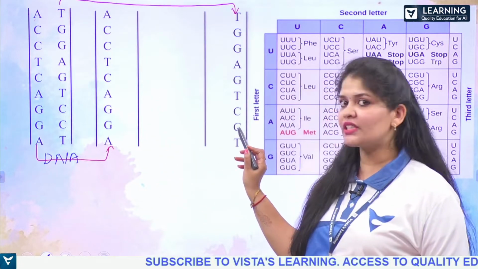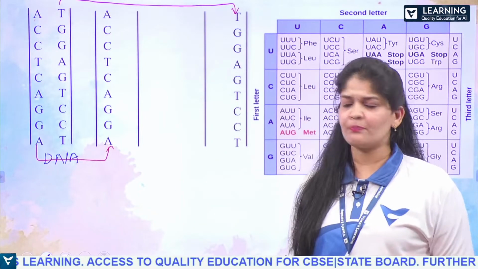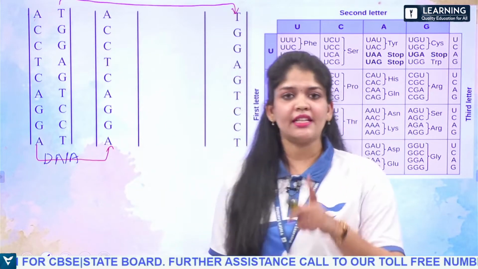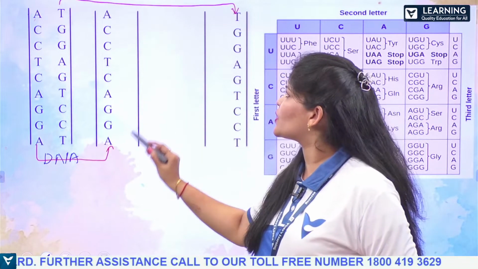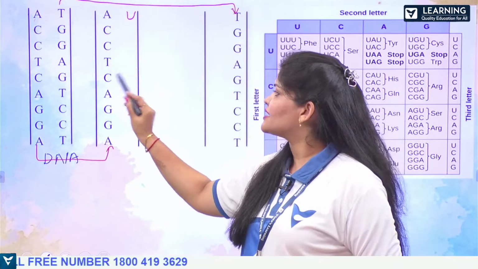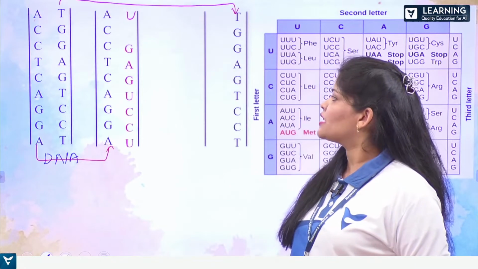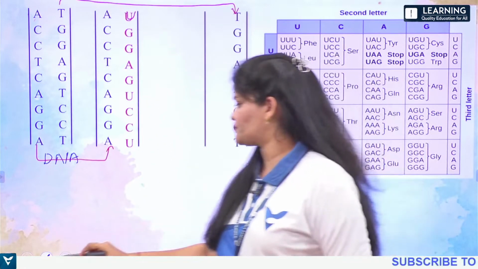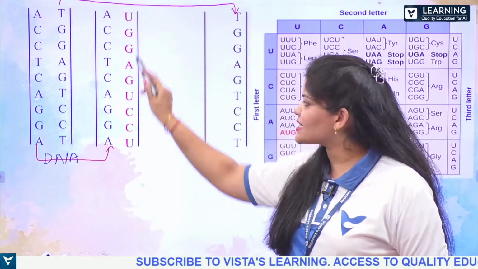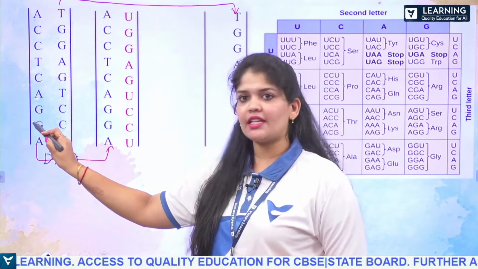And this is the second strand of the DNA. Again, it is going to transcribe into another mRNA. Let's take, so here as we already know, if adenine is present in the DNA sequence, in the mRNA sequence it is going to be uracil. G, G, A, G, U, C, C and here that is U. Now, so this is the sequence, right? So this is the first mRNA what we got,